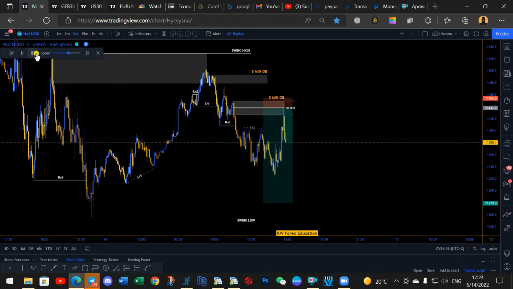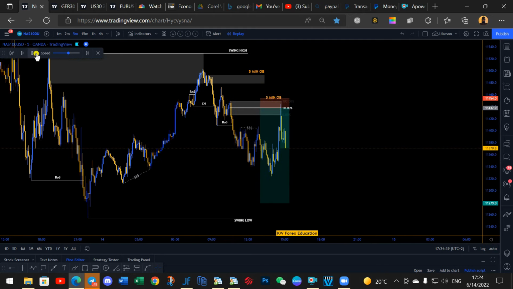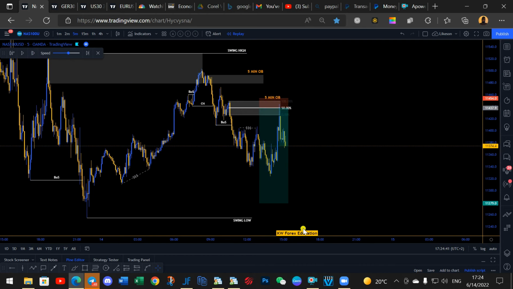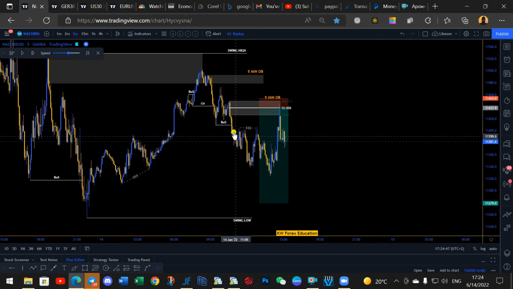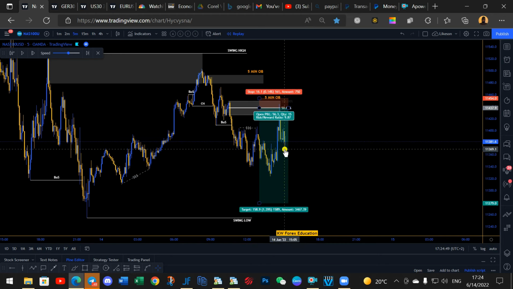So I was just watching the trade as it was playing along. Already here we are in deep profit, and when it was 15.10,